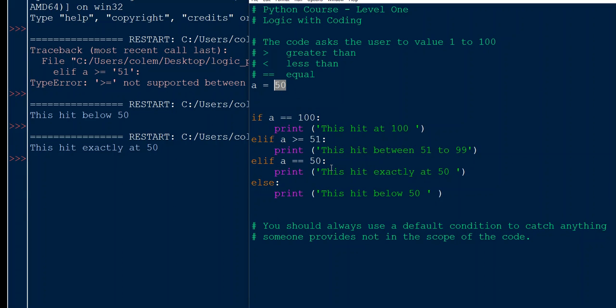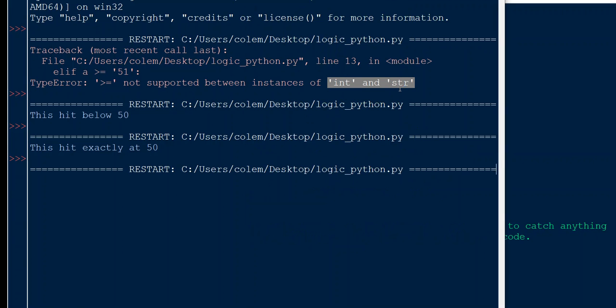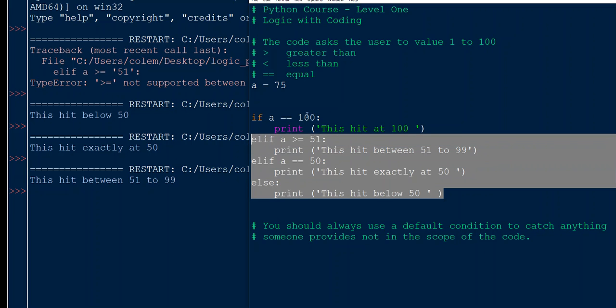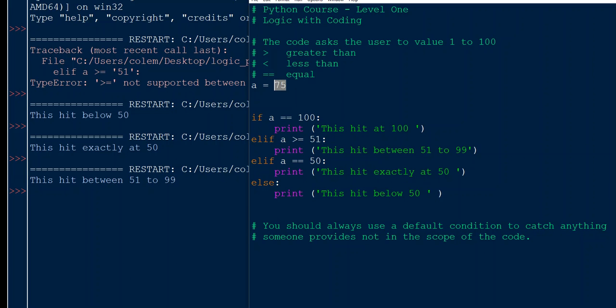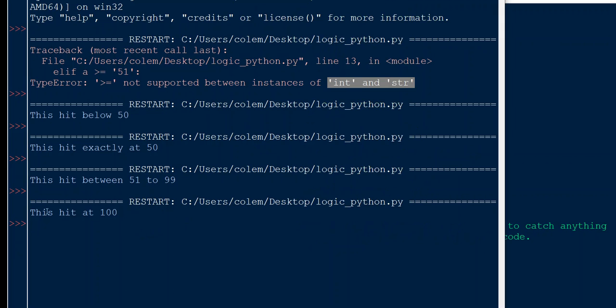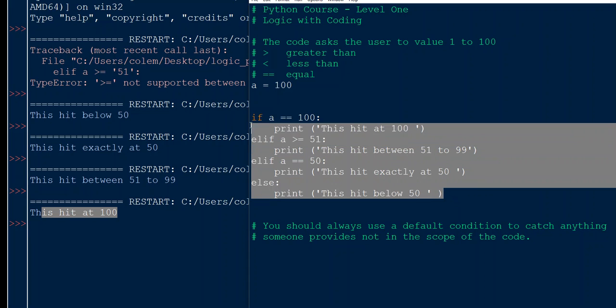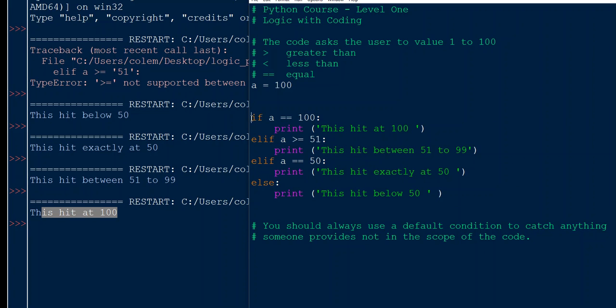So let's move on, and we've got to test the other logics. So this one will do 75. It should be within the range of 51 to 99. So let's go ahead and test it. And then we do. We hit between 51 to 99. So now all these have been validated. So let's do our last one here at 100. Run module, and yes, it hit at 100. All right, now we have validated every one of these conditions, and they do indeed work based upon the